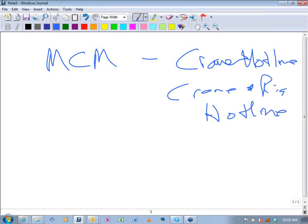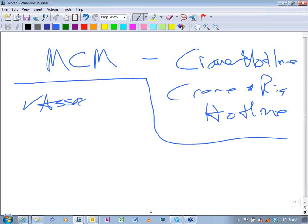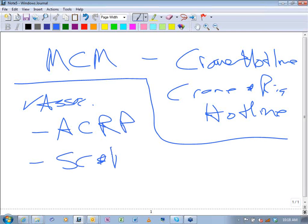And within those magazines, they've got various associations that are listed. Taking a look at their site, they list associations like ACRP, Association of Crane and Rigging Professionals. There is certainly SCNRA for large crane and rigging activities and transportation activities. There's a Crane Association of BC in Canada. There are local provincial groups, but these are where folks understand about crane and rigging consulting and training and new